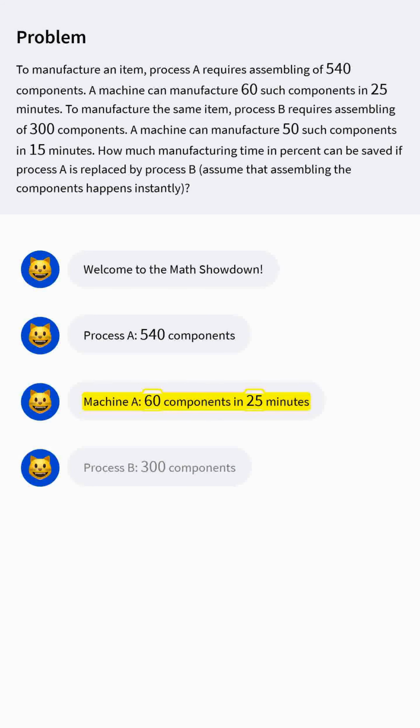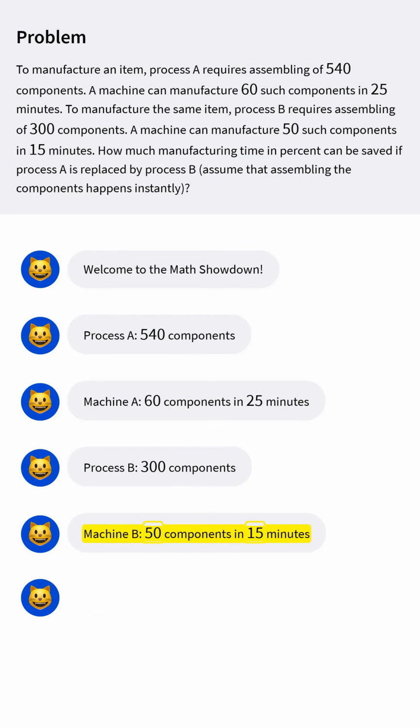It's like comparing a backpack to a suitcase. Machine B is on fire, delivering 50 components in just 15 minutes. Talk about efficiency. Let's do some math magic and calculate the total time Machine A takes to make all those